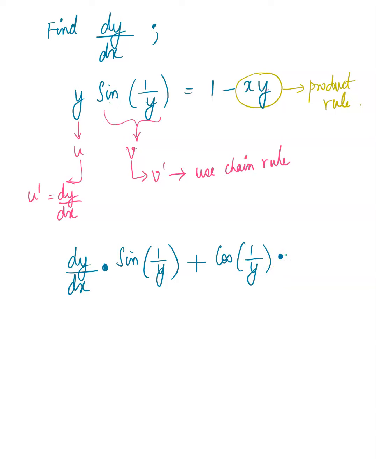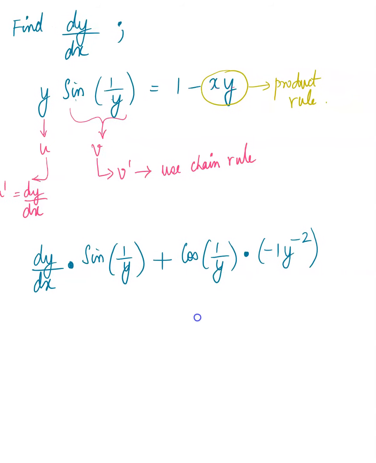Remember, inside it can be written as y power negative 1, right? And so the derivative of the inside would be negative 1 y power negative 2, right? Negative 1 minus 1. So that's derivative of inside, and then you have the y itself that is in the inside,